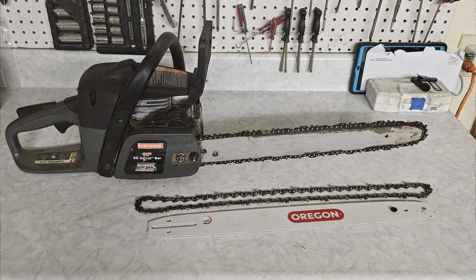Today we're going to replace the chain and the bar on a Craftsman Easy Adjust chainsaw. Now, replacing the chain on a chainsaw is easier than you think. There's only one or two little tricks to it, and other than that, it's a couple of bolts and it's